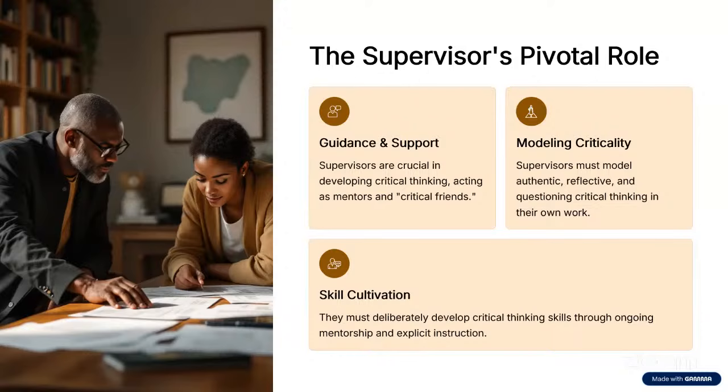So when you look at the culture of critical thinking, supervisors play a crucial role in helping you as a doctoral candidate to develop this critical